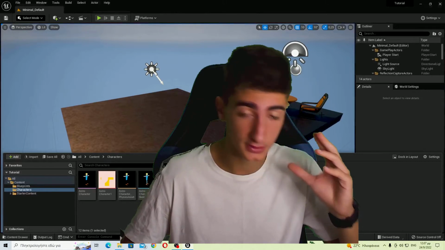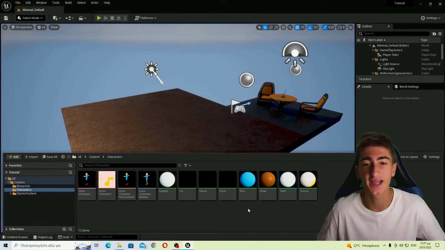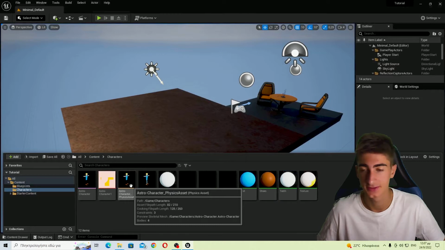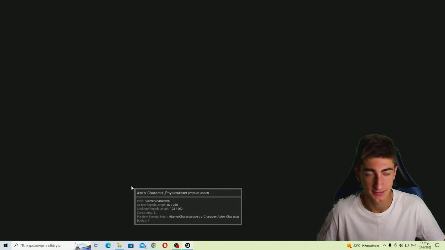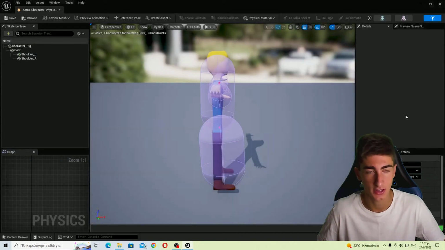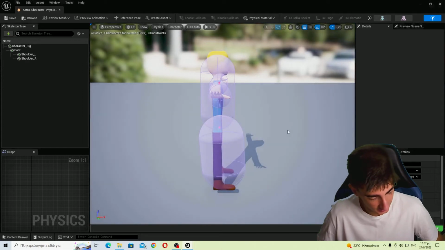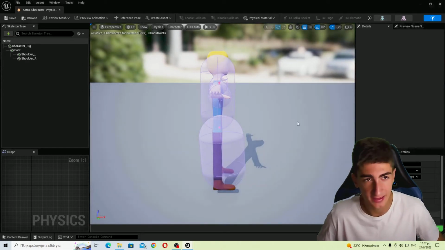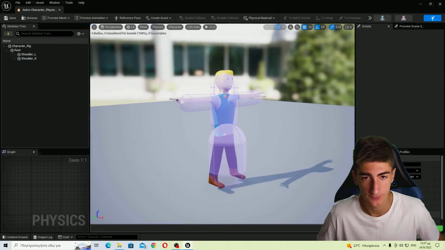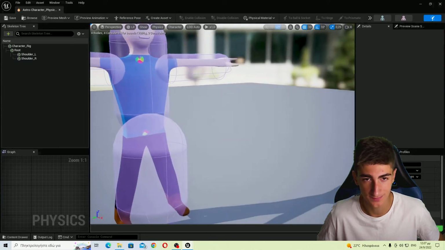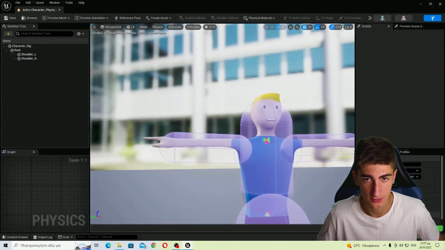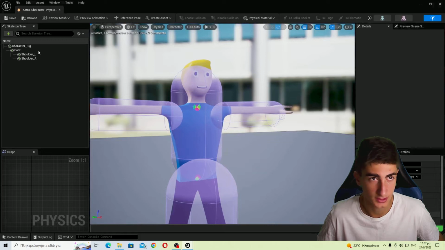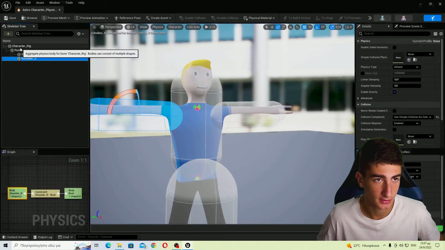Oh, finally! Damn! Okay, let's open up the physics asset. That was so lengthy once again. You can see that these bodies over here are not great. These are the collision bodies. So go ahead and delete all of these,